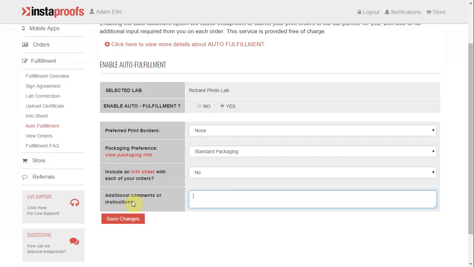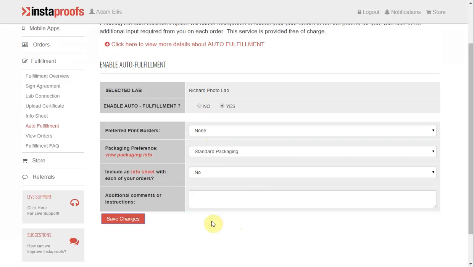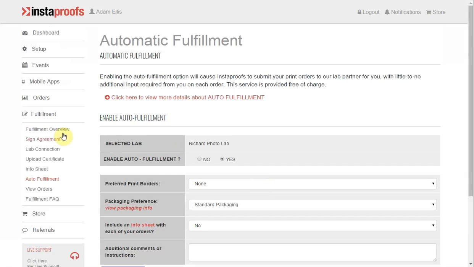I'm going to go ahead and click Save Changes. That way any of my orders that come in after this time will automatically be sent for fulfillment for me 1 business day after they've been received through my storefront. Now once all these steps are complete, if we click into our Orders